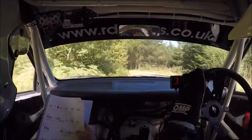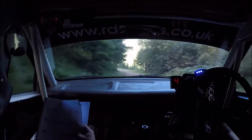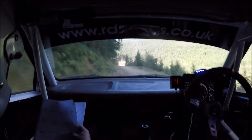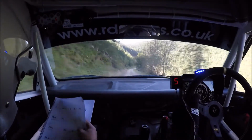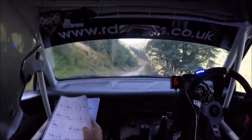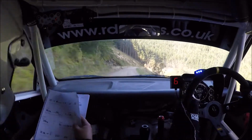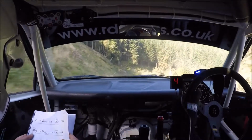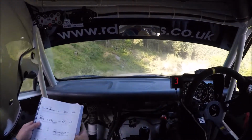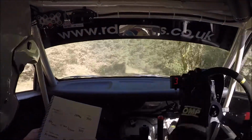to 3 left, into crest 200, 2 right 170, long 3 right opens over crest, into 10 right and continues. 170,